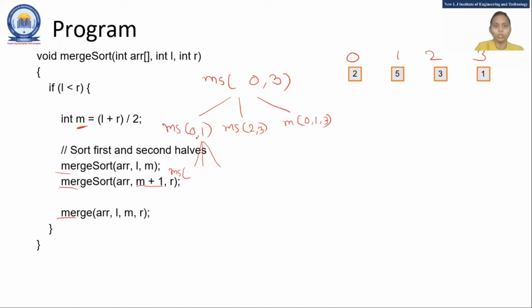Now 0 and 1. What is the average? 0.5. So 0 would be taken. And here M is 0, so M plus 1 is 1. And what is the final merge condition? The final merge condition is 0, 0, 1. Right? Here also, let me write merge sort 2, 2, merge sort 3, 3, and the final merge is 2, 2,